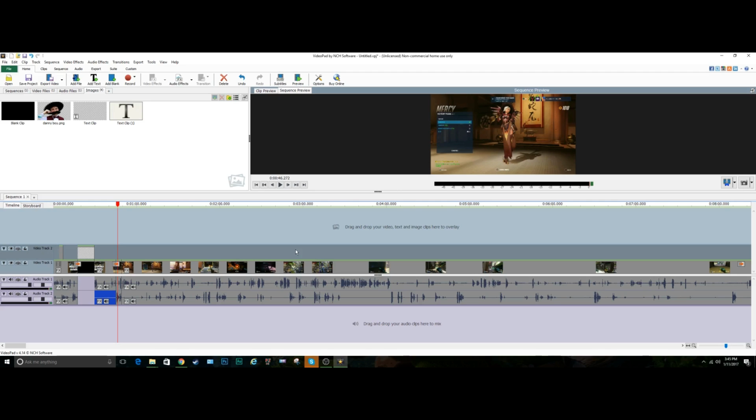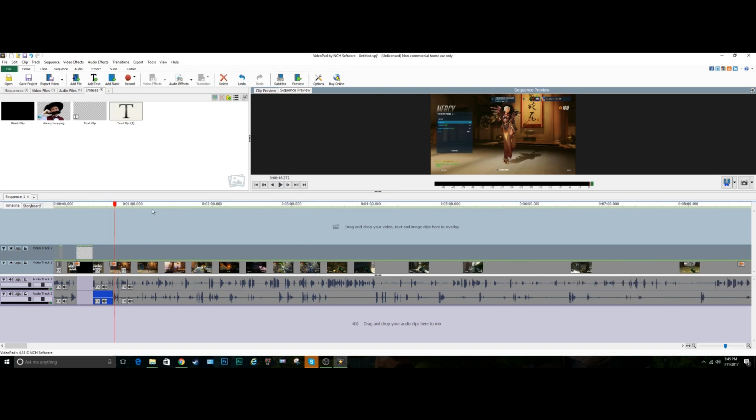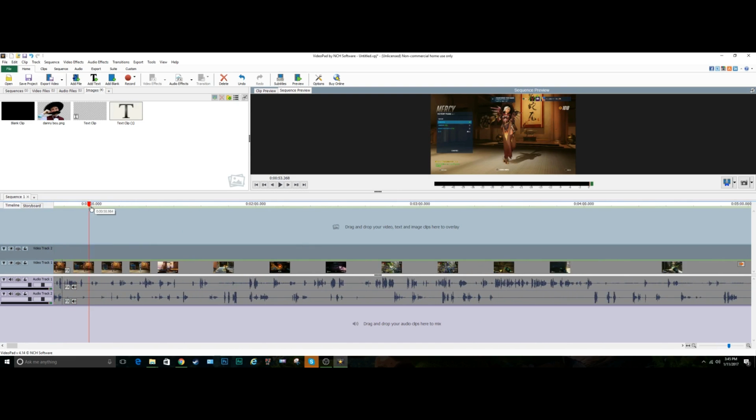Other than that, I can't think of anything else to say. I went over the audio effects, I went over the video effects, I went over the pictures and picture effects. Oh, another thing you can do is when you're watching something and something happens on screen that's really funny and you want to zoom in on it and create a picture out of it, but you don't want to do a screen capture, what you can do is, let's say, I want to capture